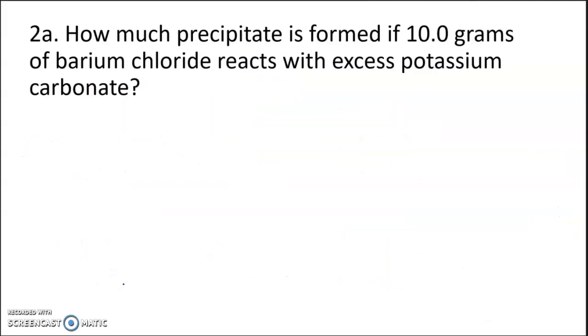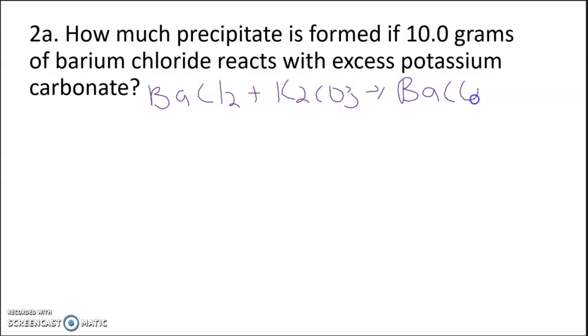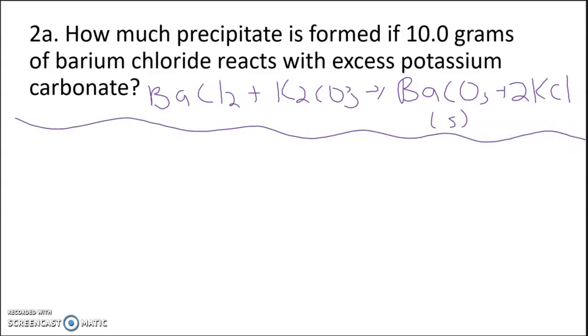So here we're going to just have more space. Let's write out our equation really fast. BaCl2 plus K2CO3 yields BaCO3, and again that's my solid, plus 2 KCl. Okay, so we always start our stoichiometry with our given in the problem, 10 grams barium chloride. So 10 grams